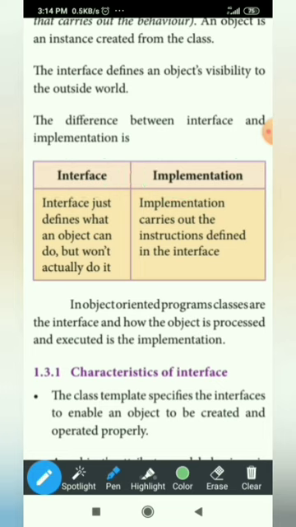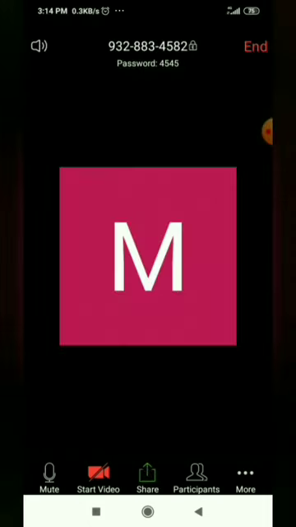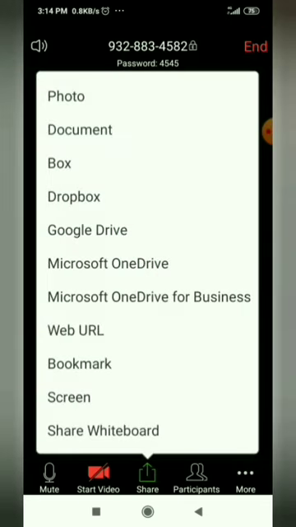If I want to stop this highlighting or marking, click the pencil button, left hand side bottom corner. Click that, it will stop. If you want to stop sharing the entire book, you can click Stop Share. So this is about sharing your document. The remaining things are not needed as of now.